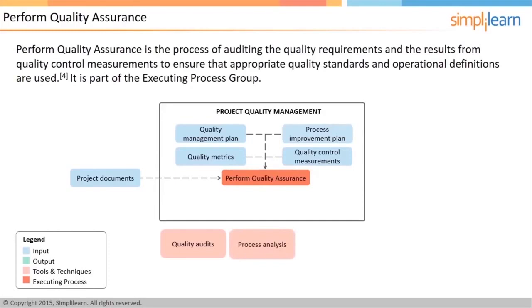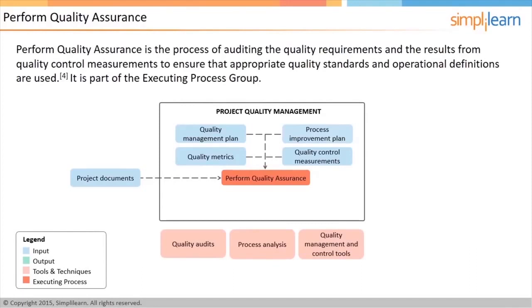Process analysis involves using the lessons learned from doing the initial few work to make the remaining work more efficient. For example, if the project involves installing a software package, then the lessons learned from the first few installations can be used to improve the process on remaining installations. Apart from these, all the quality management and control tools, such as the 7 basic quality tools, will be relevant